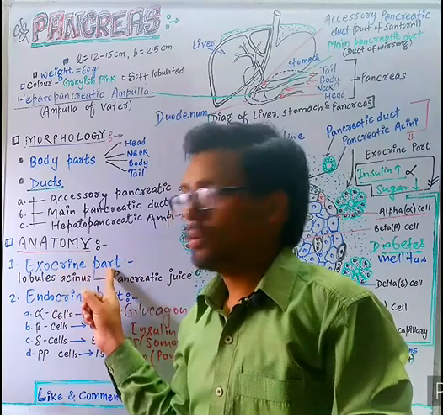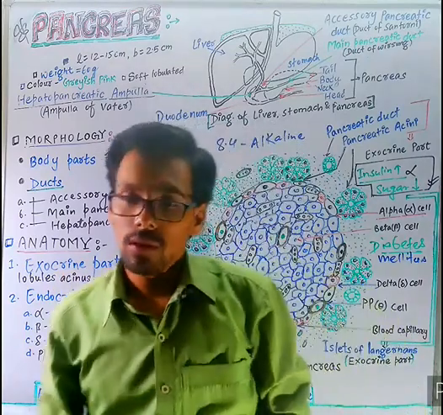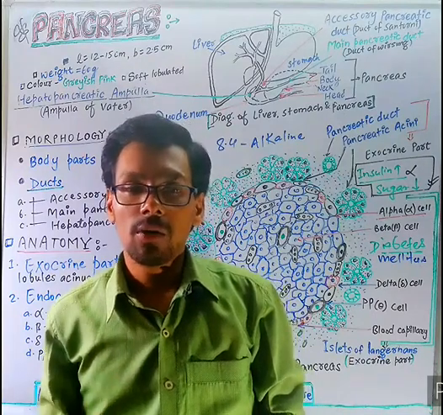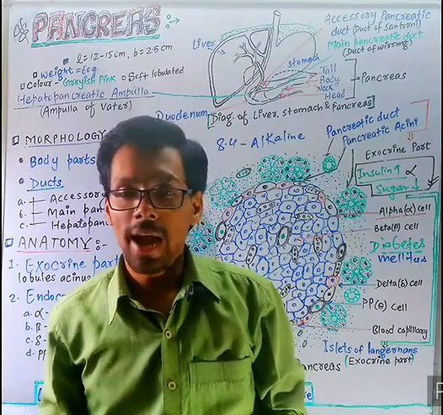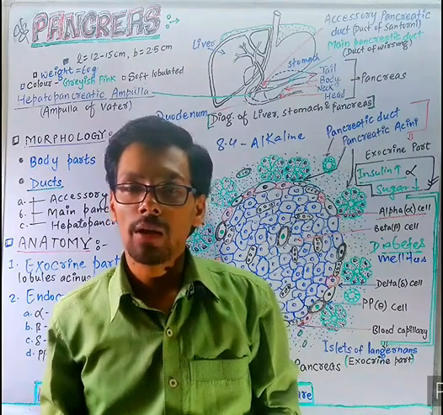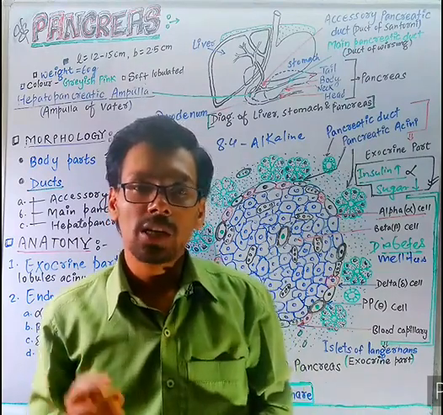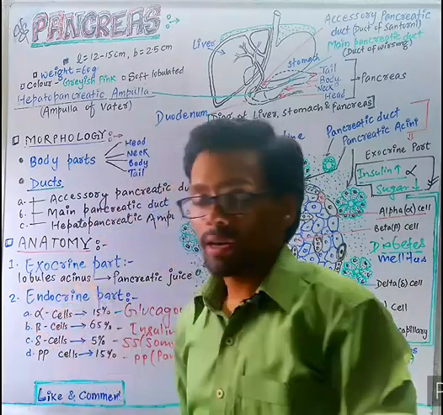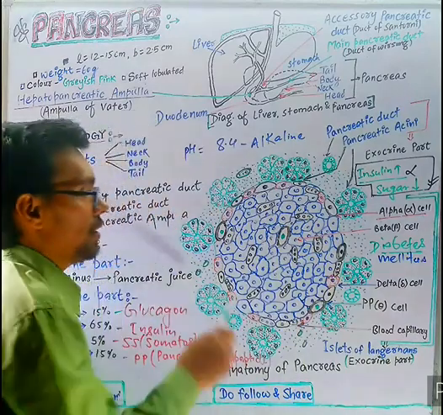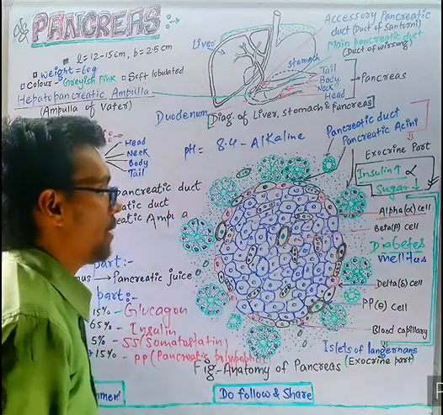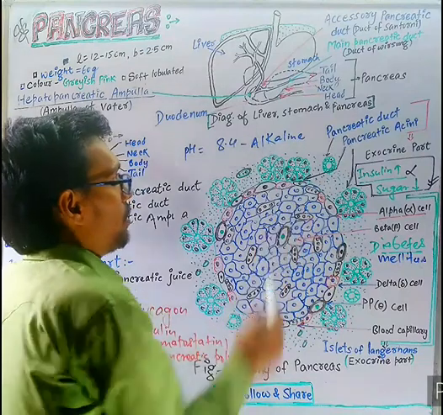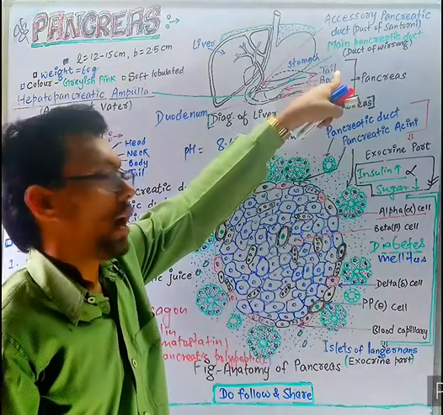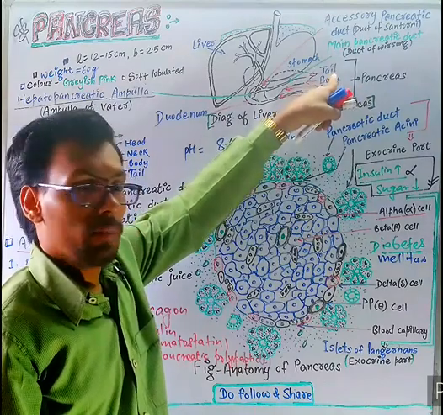In the exocrine part, we learn about the different types of enzymes secreted, active and inactive, and different compounds fully mixed into a juice, which is secreted through the lobular acini. What are lobular acini? In this diagram, there are millions of islets of Langerhans present at the tail position.